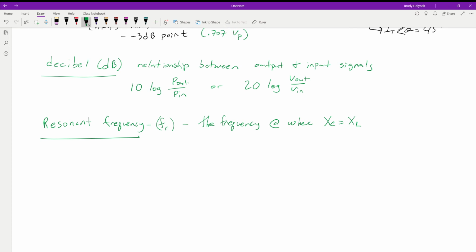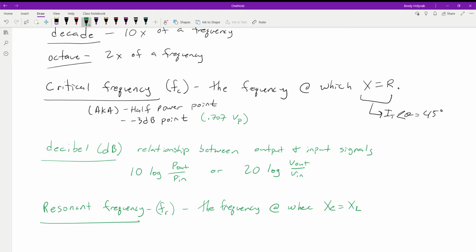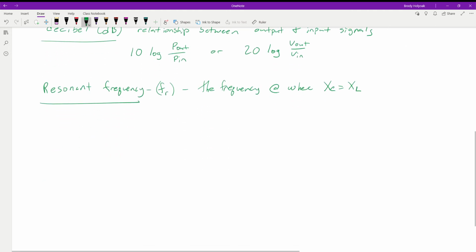This is slightly different than the critical frequency, because that just gives us one point. This is when we're talking about capacitors and inductors, and that's why these are a little more complicated, because they have inductors, capacitors, and resistors. So now we're going to be talking about RLC circuits, whereas previously, especially with the critical frequency, we were only talking about RL or RC circuits, not all three combined. We'll talk about that in one of the later videos for the week.